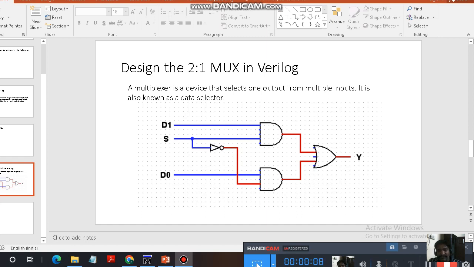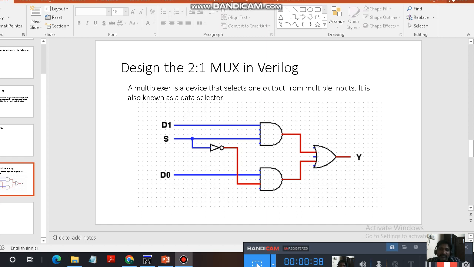Multiplexer using Verilog. Before going for the code, first you have to understand how the circuit is functioning. So what is meant by multiplexer? It is used for selection purpose. When you give many data, it will select only a particular data based upon the given condition. Hence it is also called a data selector. So this is an example